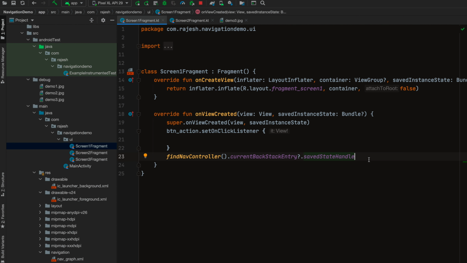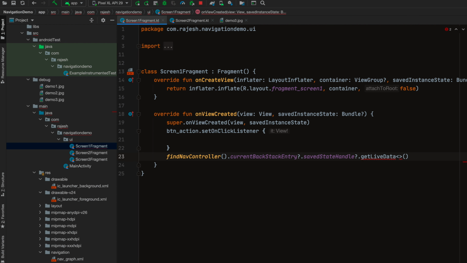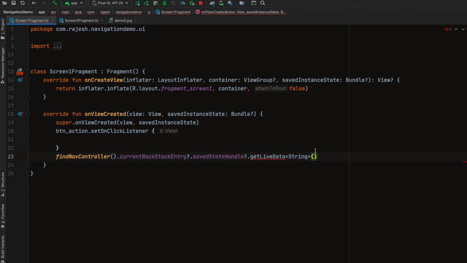Now the next task: there can be a case where multiple keys are required from screen 2, but for this example we just need one key and it will be of type string. So just call getLiveData. This is a generic type, so we can get any value of whatever type we specify in the brackets. Let's say for this example we need string values. Then the next important thing is we need to specify the key we are expecting. For this example we have item ID; if we required username and password we can just define a key for each here. So for this one I will have item ID.